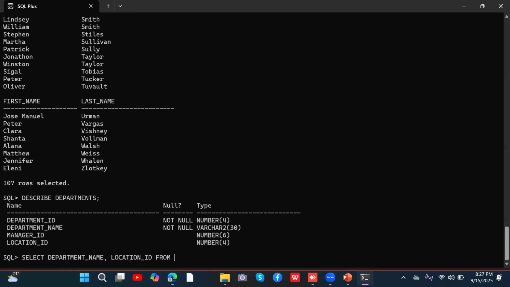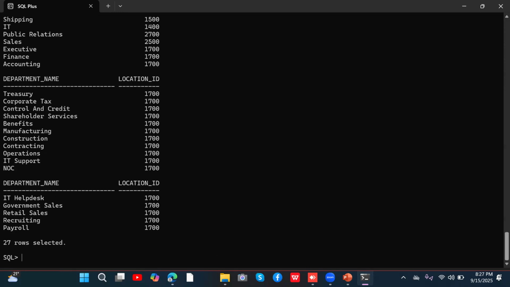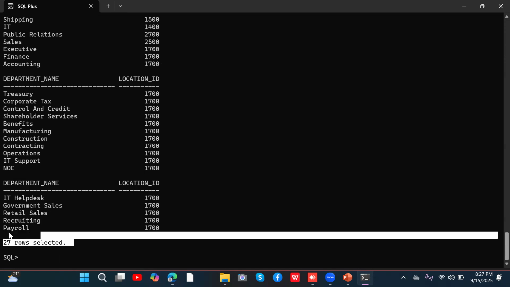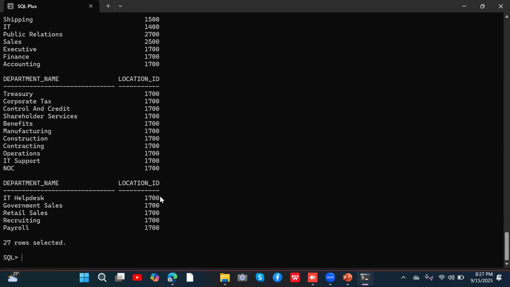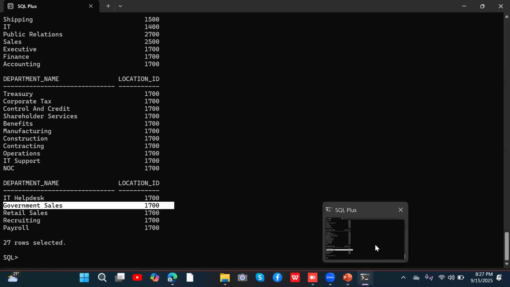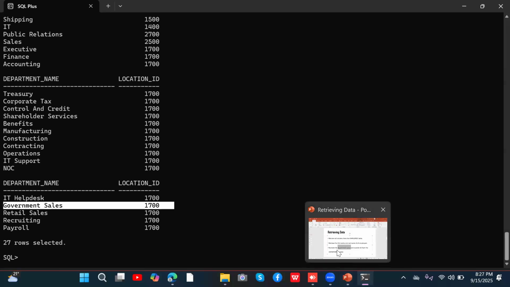Then it's time to specify the table, which is departments. After that, you terminate or you close the statement. There are 27 departments. IT help desk has this location ID. So that's how you can be able to do that. And then we have another scenario,